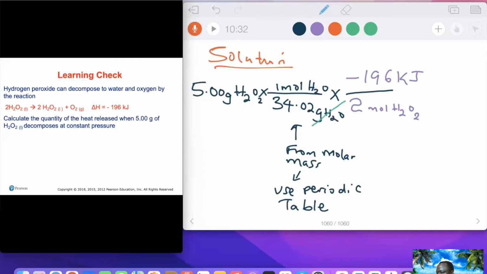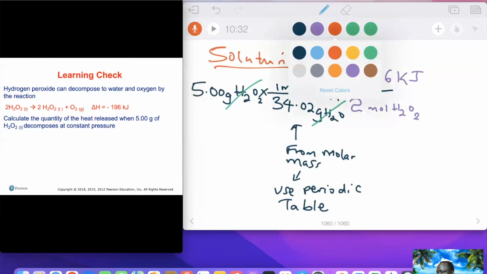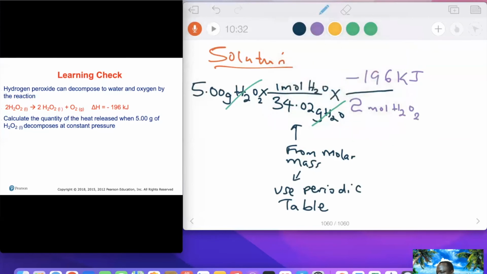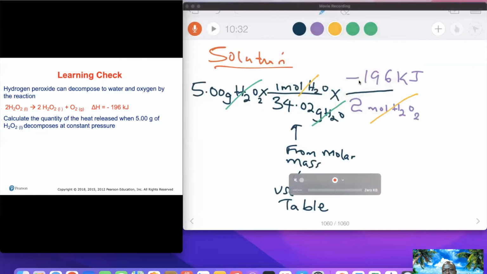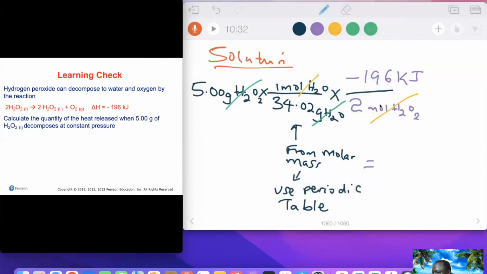The moles will go away with that. And then when you multiply everything, I'm just going to multiply this by 196. Write it down if you're not sure of your calculator. Divide by 34.02 times 2, and you should have negative